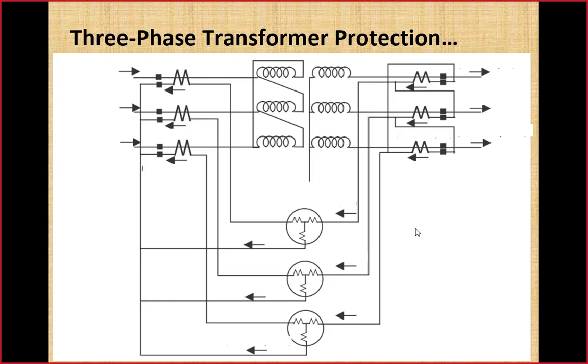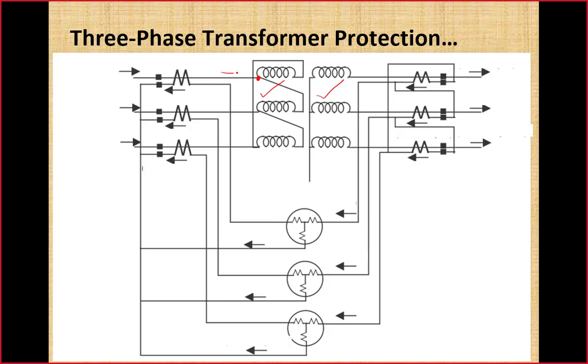Here in this diagram, we will see how this phase shift will be undone by using a delta Y CT connections. Look here, this is a delta connected winding of the power transformer, this one, and here we have Y connected winding of power transformer. So now if we look at the sense of the delta, this is a leading delta. How we have recognized this delta as leading delta? Look at this node.